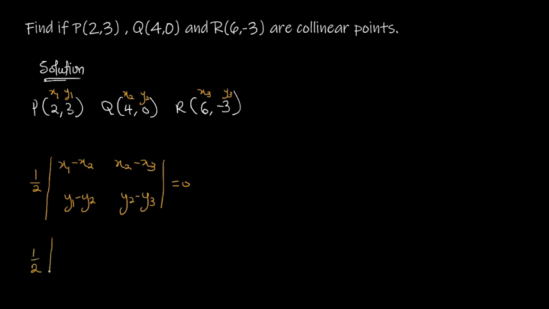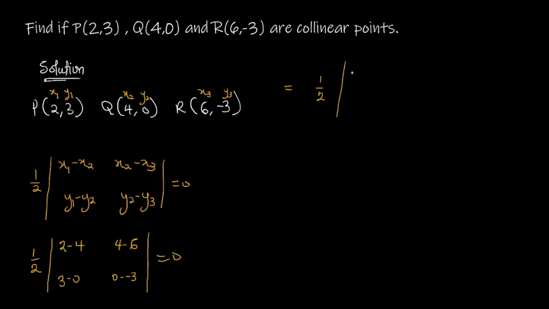So we have half multiplied by our x1 which is 2, minus x2 which is 4, then x2 which is 4 minus x3 which is 6. This is equal to 0. Then my y1 is 3 minus my y2 which is 0, and my y2 is 0 minus my y3 which is negative 3. So this will be equal to, I have my half outside the bracket, then 2 minus 4 will